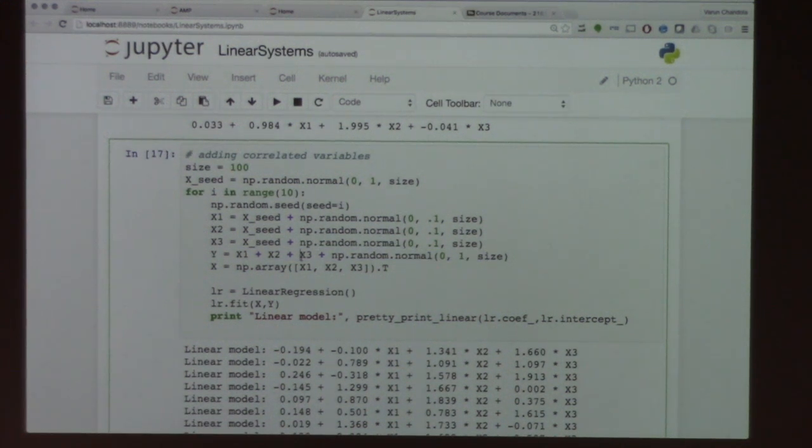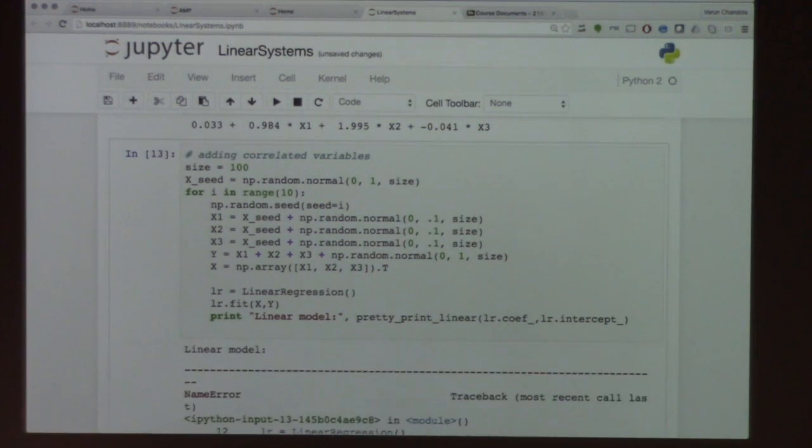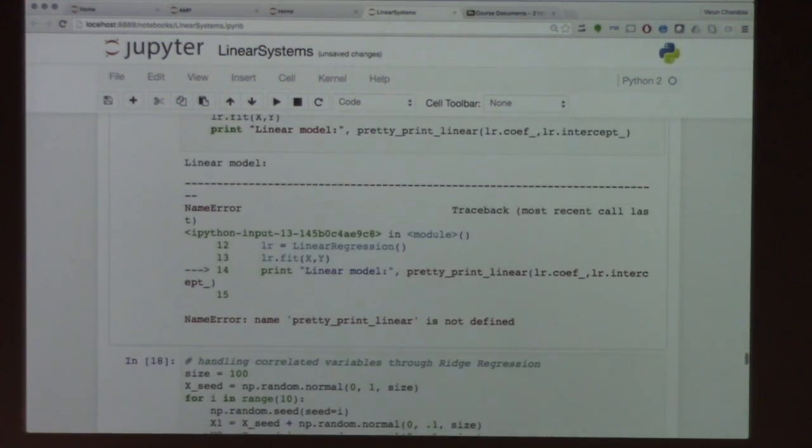So if you keep running it over and over, here I create this data 10 times, and every time I fit the linear regression, and I